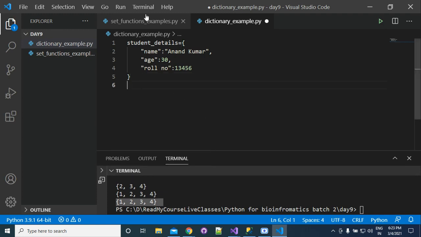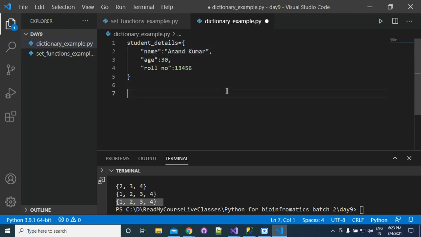So a dictionary contains a collection of key and value pairs. Here you can see this is an element of the dictionary, this is the next element, and now this is the next element. Every element is a collection of key and value. So this name is called the key, and this is the value of this key.